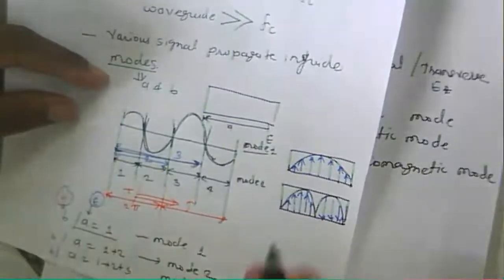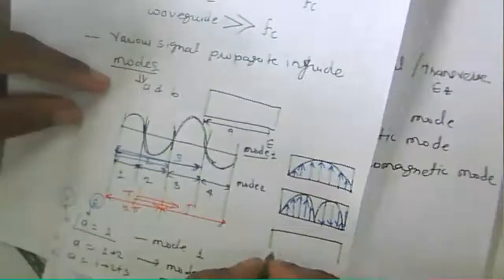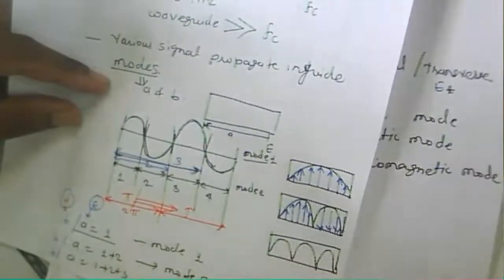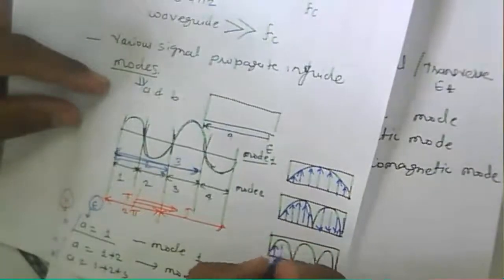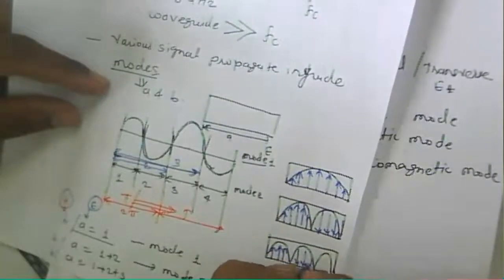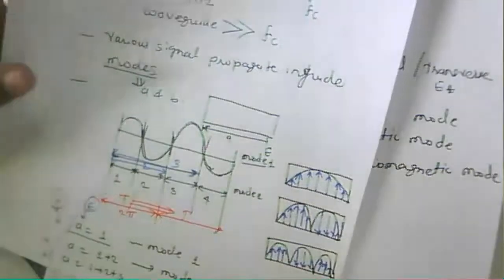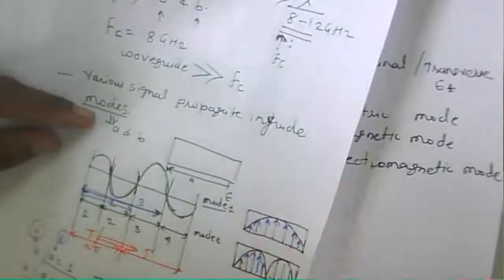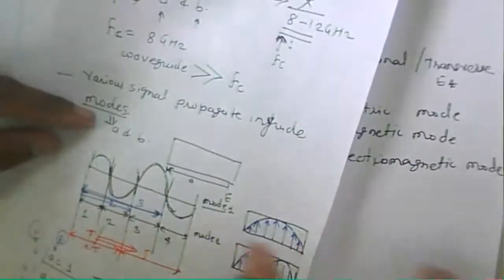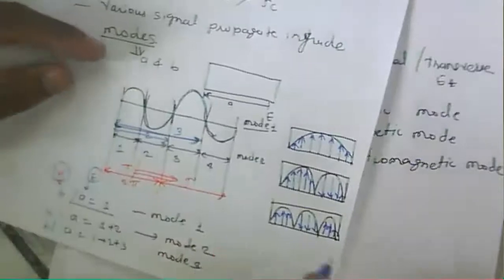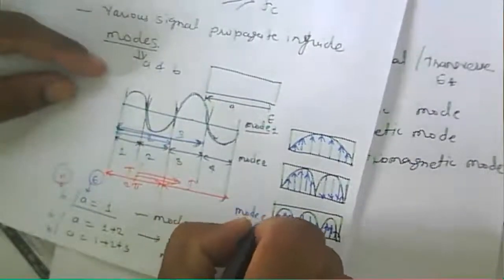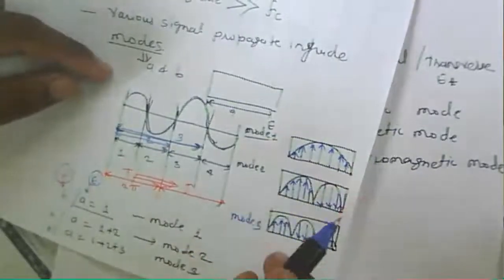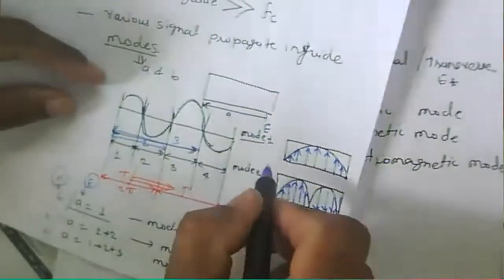And if I consider mode 3, then in that case there is one half wave variation, mode 2, mode 3, like the electric field component. Then next is the half wave variation of this field component. Supposedly we draw in different directions, but generally people draw in the same direction. So that is the mode variation. This is called mode 3, there are 3 variations. One variation is mode 1, 2 variations is mode 2, 3 variations is mode 3.